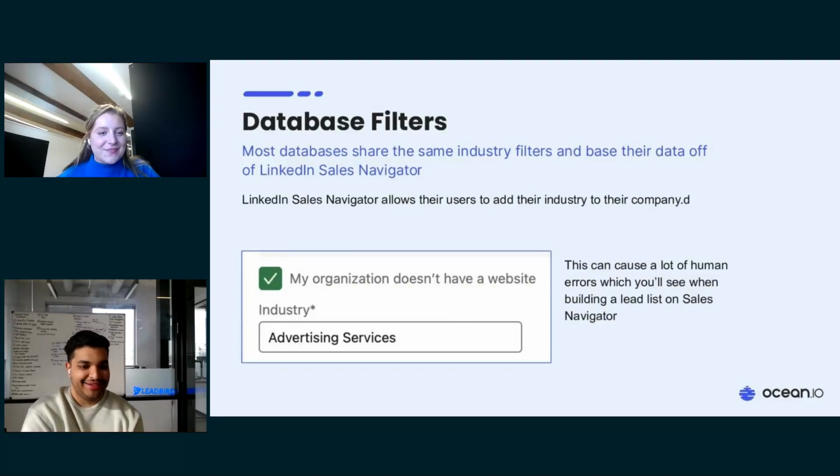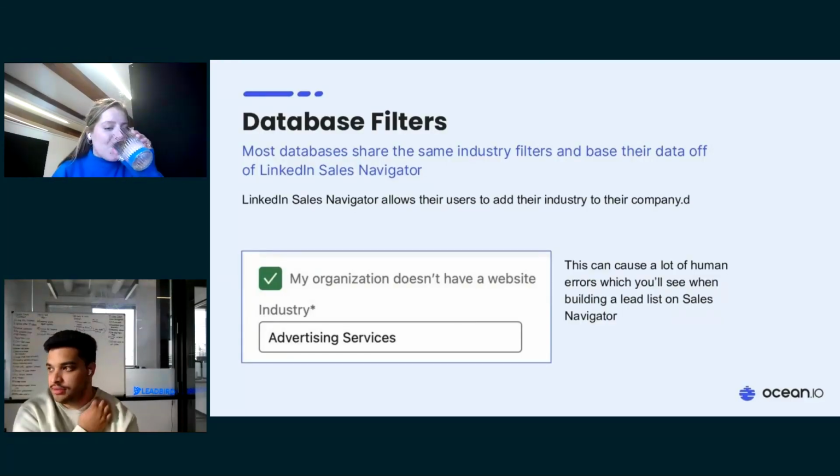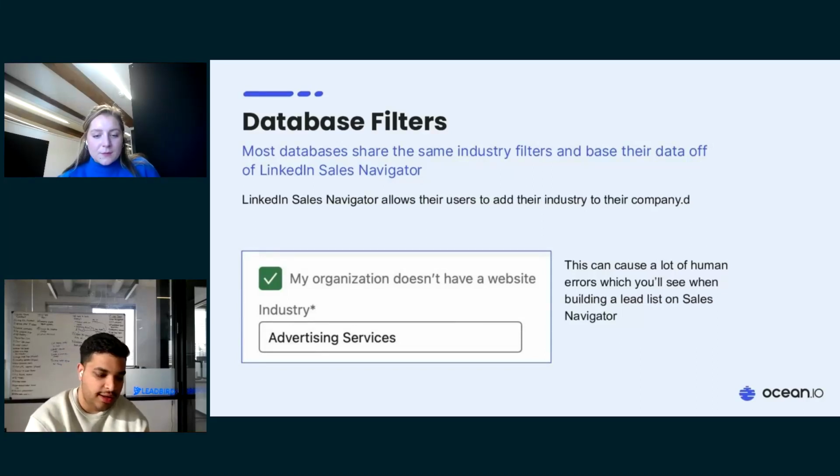Kick it off. Sweet. So I'll go ahead and start and talk about data in general, right? There are tons of databases out there, everything from Apollo to Cognism to ZoomInfo. There are hundreds of data products out there, and people entering the market today, right? And the thing about databases is that they're all basing their data off of Sales Navigator, and that's where the